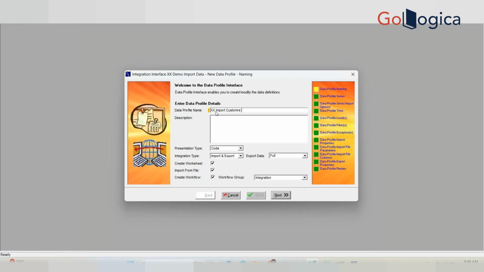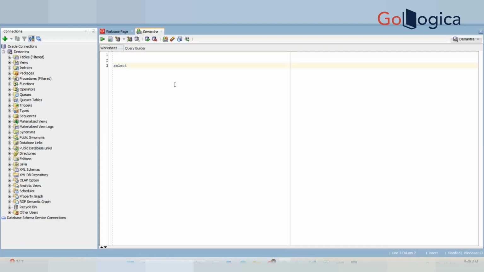XX import customer forecast. This is your profile name, using which you are going to import the customer forecast. Now here, there are a few important parameters you have to check. So always select the code only. What is the description in the code? What does it actually stand for? When you query the TP item table,